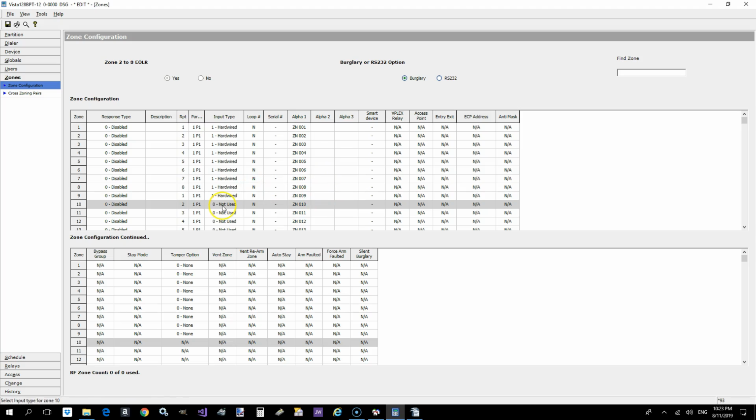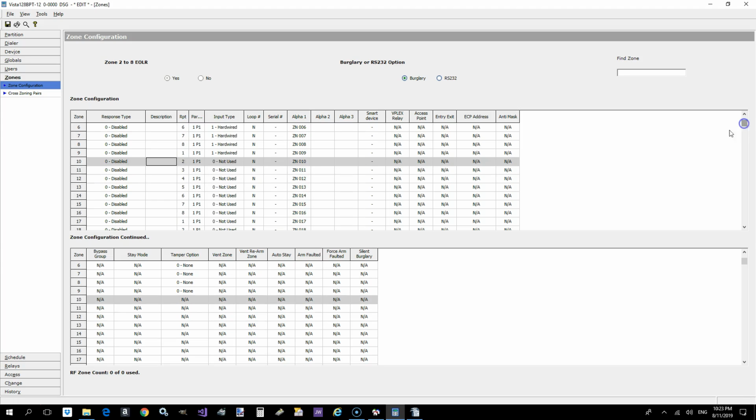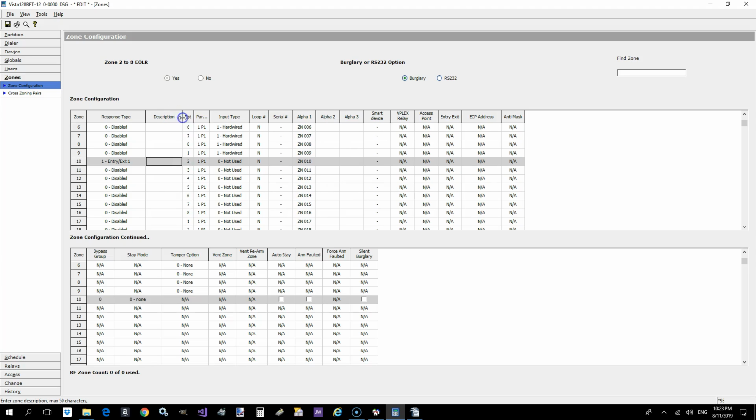Okay, so this is how I want my template to stay. I'm not going to bother putting any zones in my template because they might change dramatically, so I'm just going to leave it alone. But let's say we started with zone 10, let's make it the entry-exit door. We would choose that. We could put a description in here. But this description does not show up on the keypad. This is just for us. The only people that will see this description are the people that have access to programming in